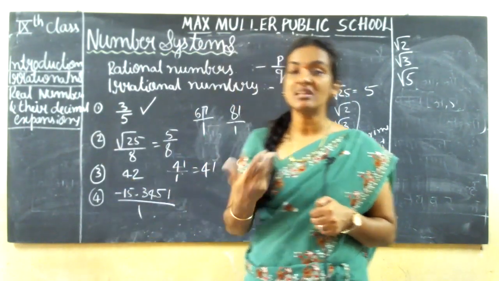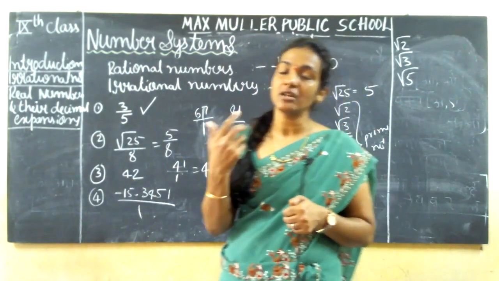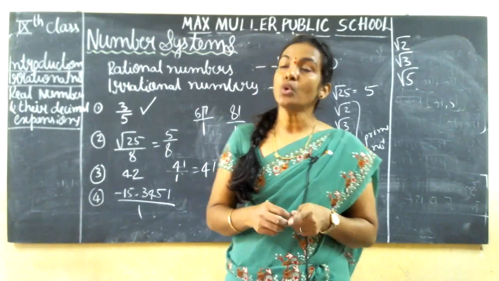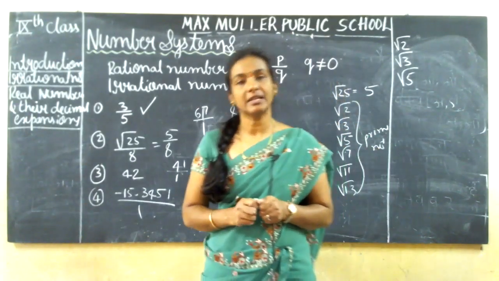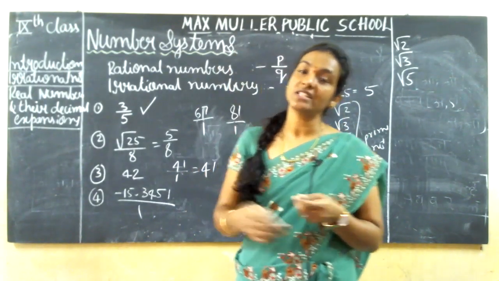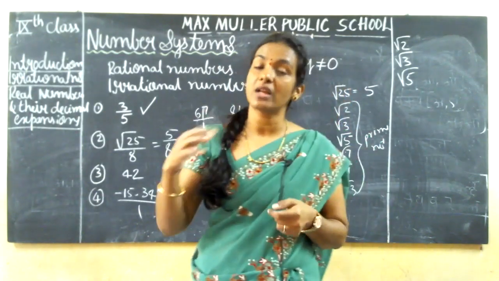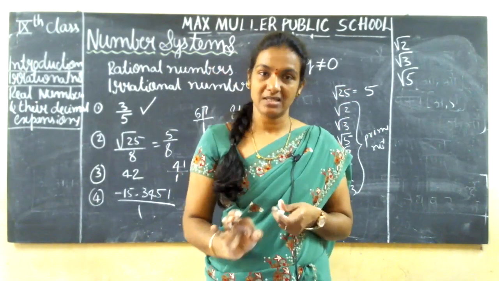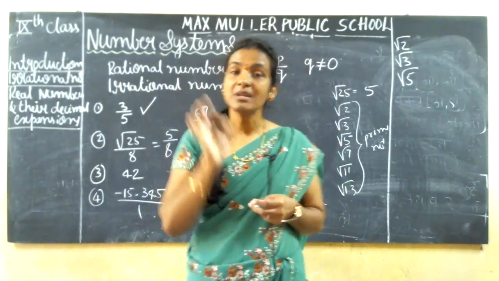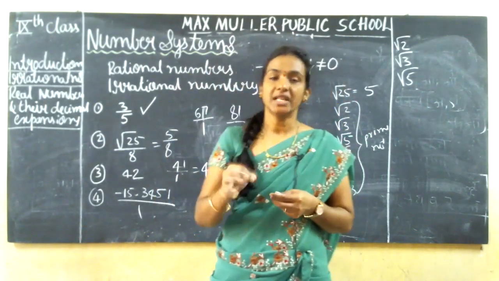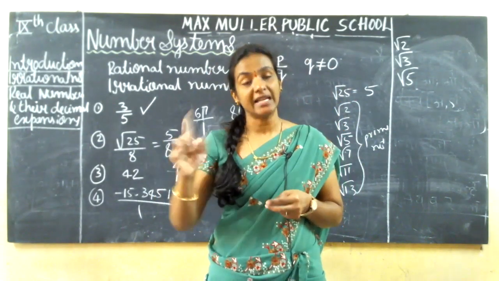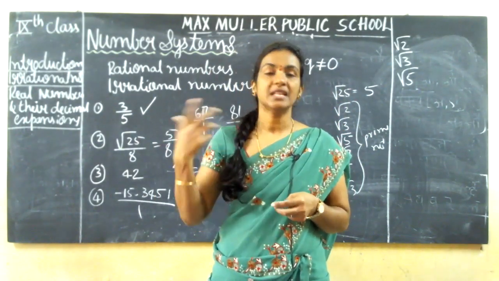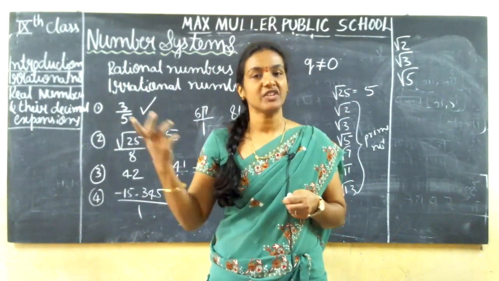Isn't it? So an irrational number means what here? That which cannot be represented in the form of p by q. Right? So how will you find it? The trick is an easy method. How will you find out whether it is rational or irrational when you have numbers under the square root? If you have prime numbers under the square root, then definitely those are irrational numbers. If you have a composite number, then you might get a perfect square number.